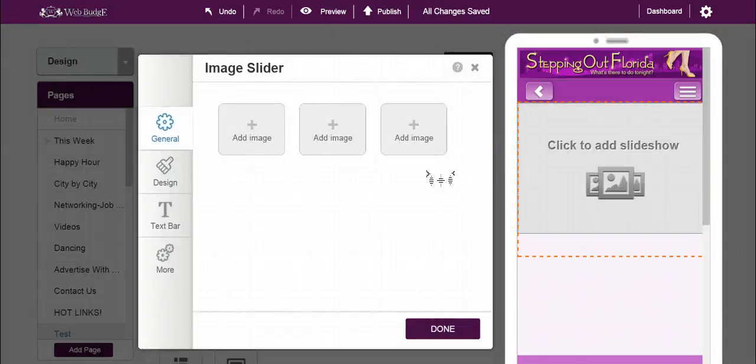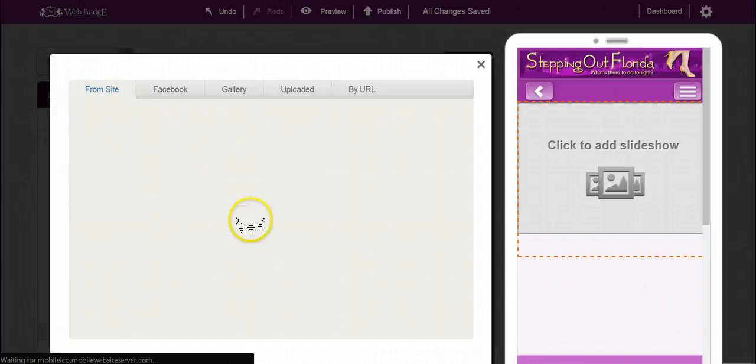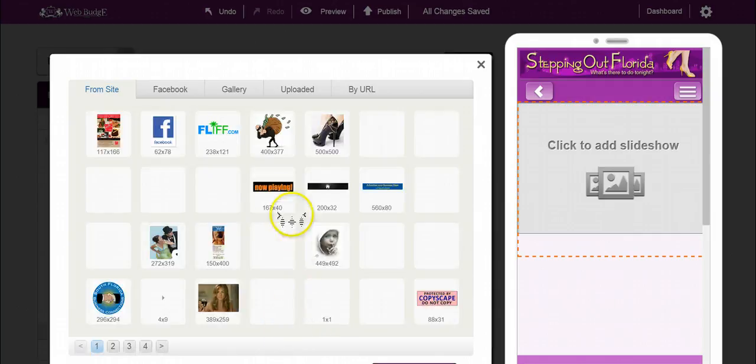Now here I could pick my image, simply by going to add image, and you could pick one at a time, or you could pick as many as you want to. I'm going to find the images that I feel are relatively the same dimension. I'm going to go ahead and pick 3. Once you pick those images, just simply find where it says add selected. Choose it at the bottom here,